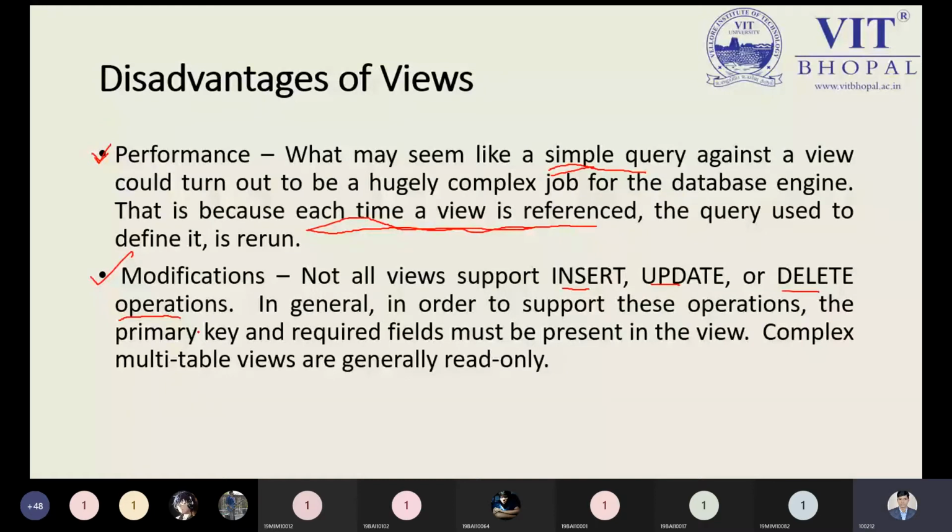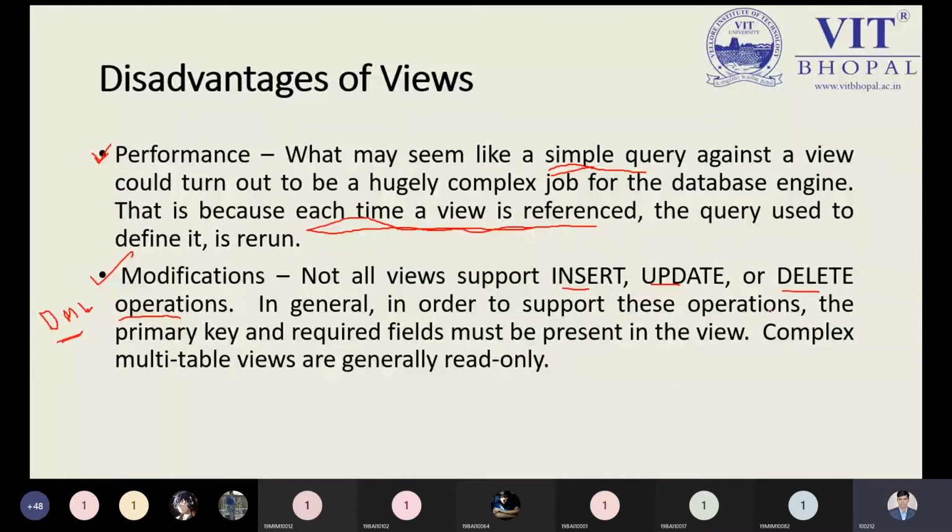Now you want to update something, and is it possible or not? What kind of views do we have? We have two different kinds of views, and by those we will see. By the view, or under the view, is it possible to do insert, update, or delete operations? Is it possible? No. Modification, or we can say data manipulation language operations, are not easily applicable on the view. It depends on the view pattern or view kind. So DML on the view is not easy to apply.